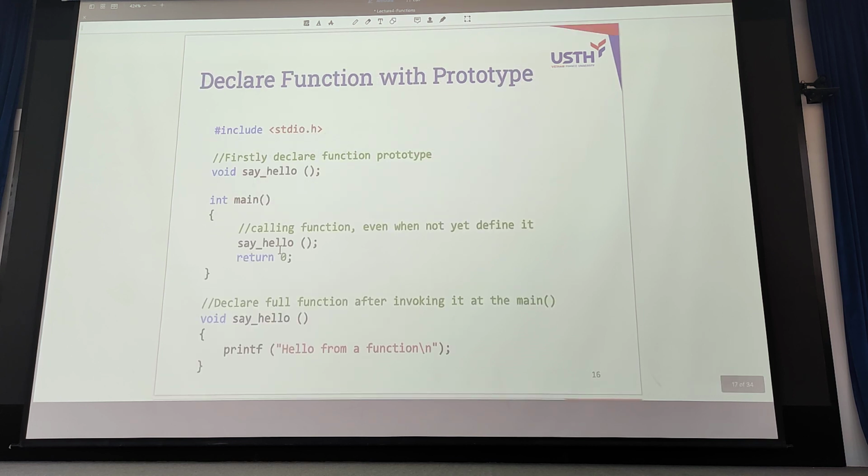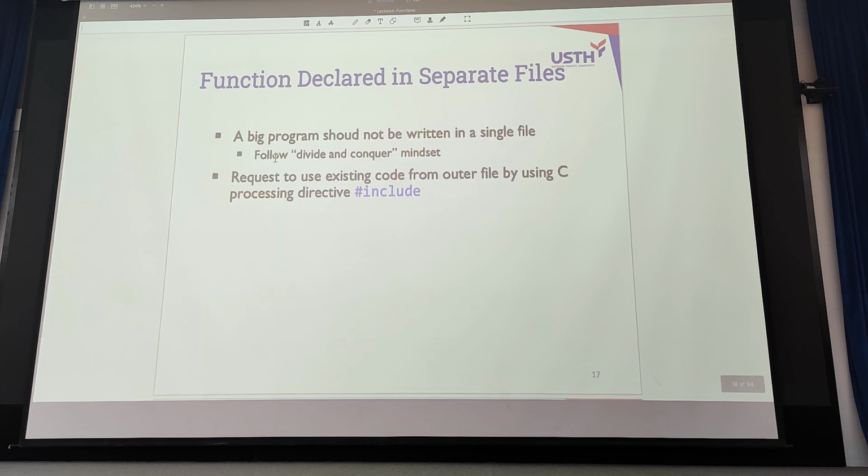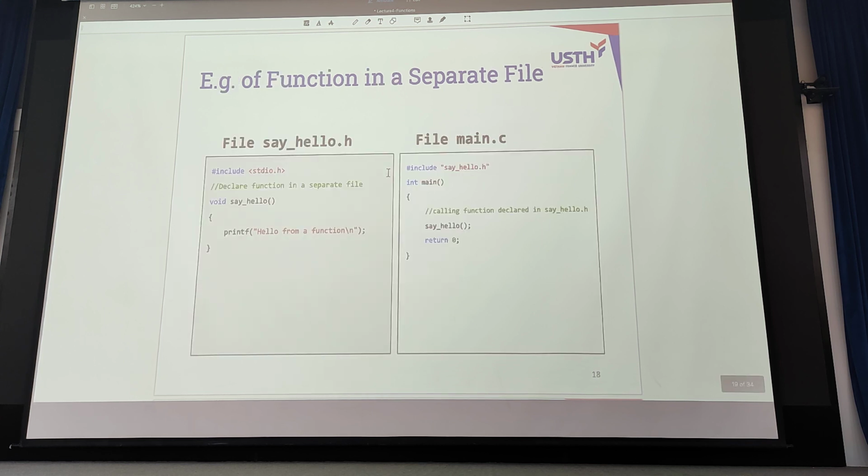And using this prototype keeps the code nice and neat. You can keep the function declarations and definitions in another, separate file, to keep the main function very neat and easy to read. Something like this.